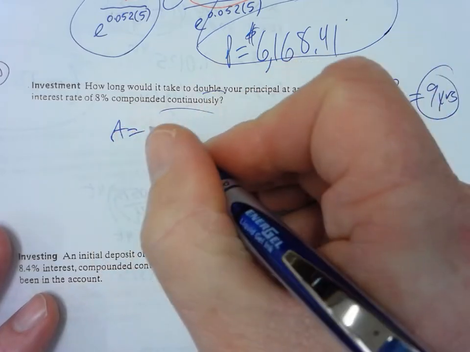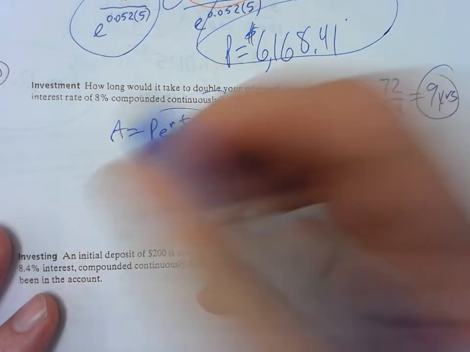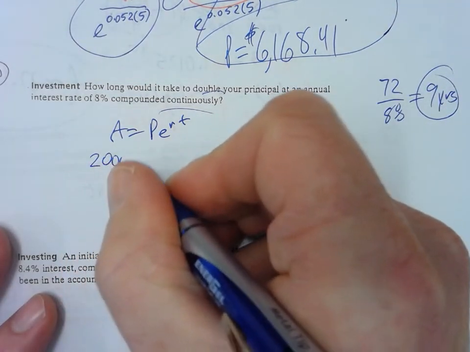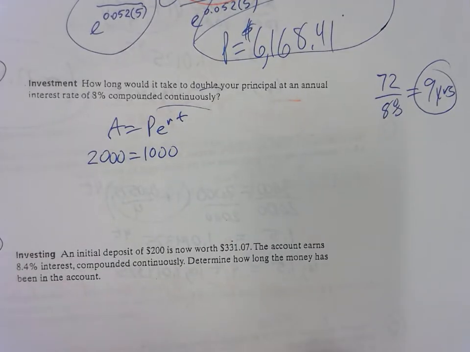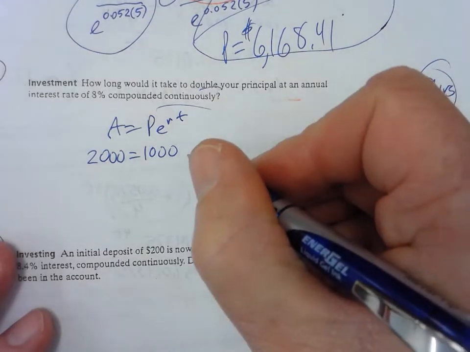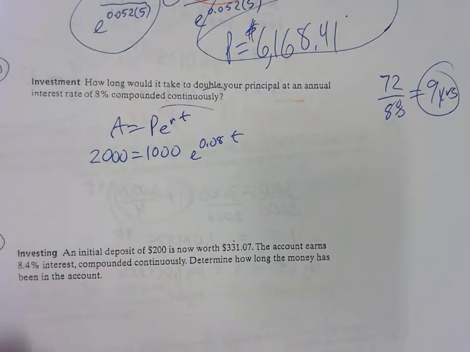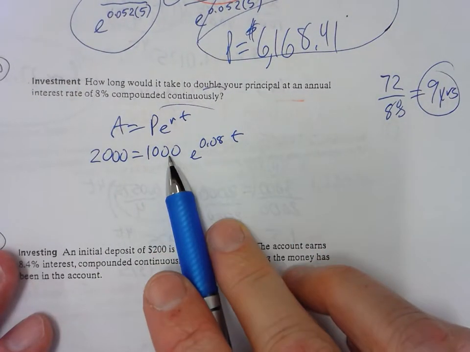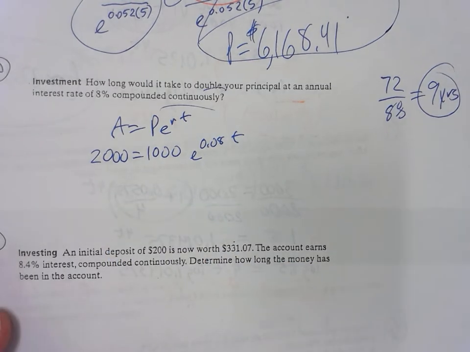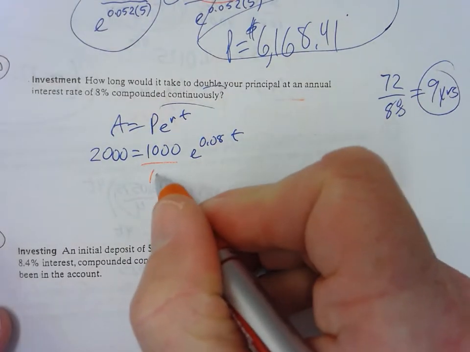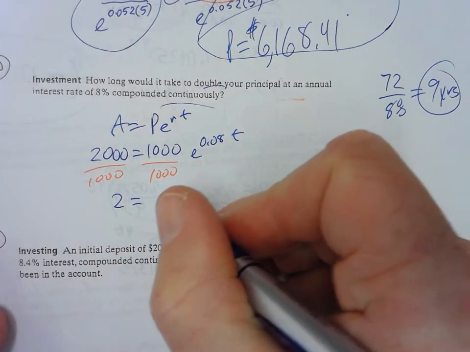A is equal to, compounded continuously, P e to the RT. We're going to double some money. We keep using $1,000, so I'm going to say your final amount's $2,000. It doesn't matter, because the first thing I do is divide over the 1,000, and then it's just going to be 2. Rate of interest, 8%. And then how long does it take for that to happen, T? So we're missing the time. You can start with 10 and make it $20, because your first step is to divide over the 1,000. So you get 2 is equal to e